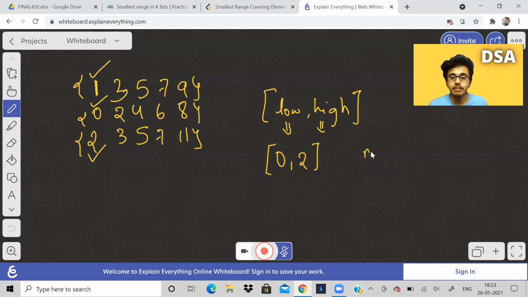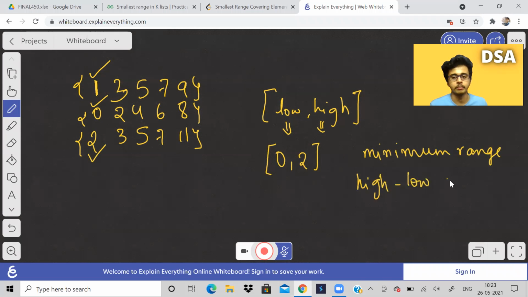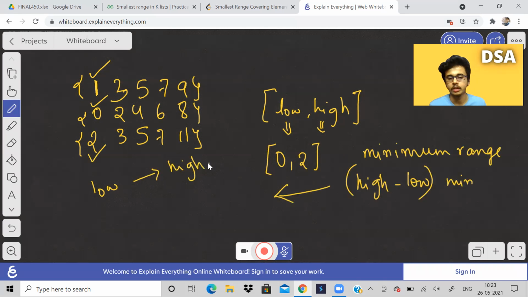So we have to tell the minimum range. What is the minimum range? The minimum range is that range in which high minus low is minimum. What does this mean? It means that low should be as close as possible to high.